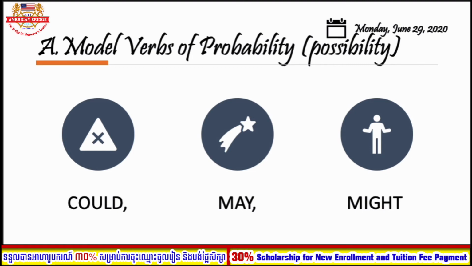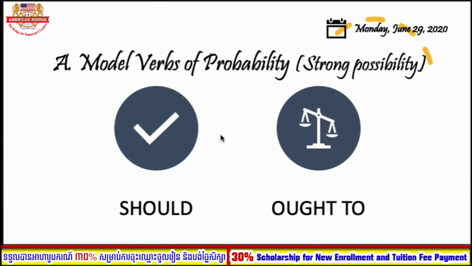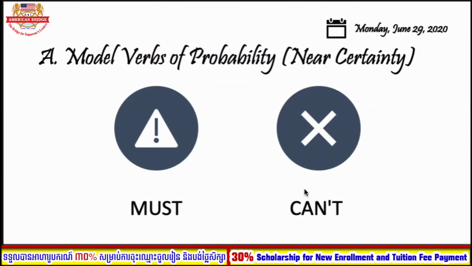If you see these modal verbs, they suggest the idea that you are not quite sure about your predictions, or about something that happened in the past. However, if you are sure, let's say 80% sure, which is a strong possibility, you say should. For example, at 8 o'clock, it should be time for dinner. Okay? Or ought to. Both of these words have the same meaning, which expresses a strong possibility. Last but not least, we have another two modal verbs, and they express near certainty.